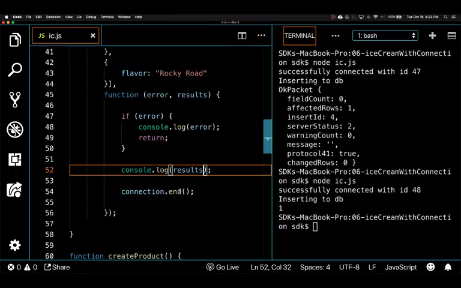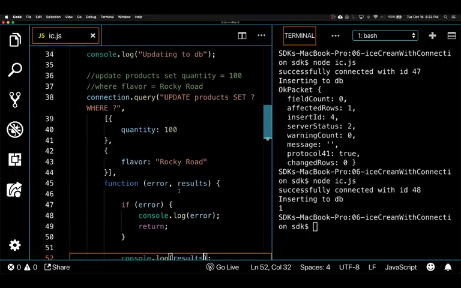Just log in the results and see what happens. Okay, so this is my update query. It says update products set quantity is equal to 100 where flavor is equal to Rocky Road. This is the query that I want to give to Node.js, and the syntax would be update products